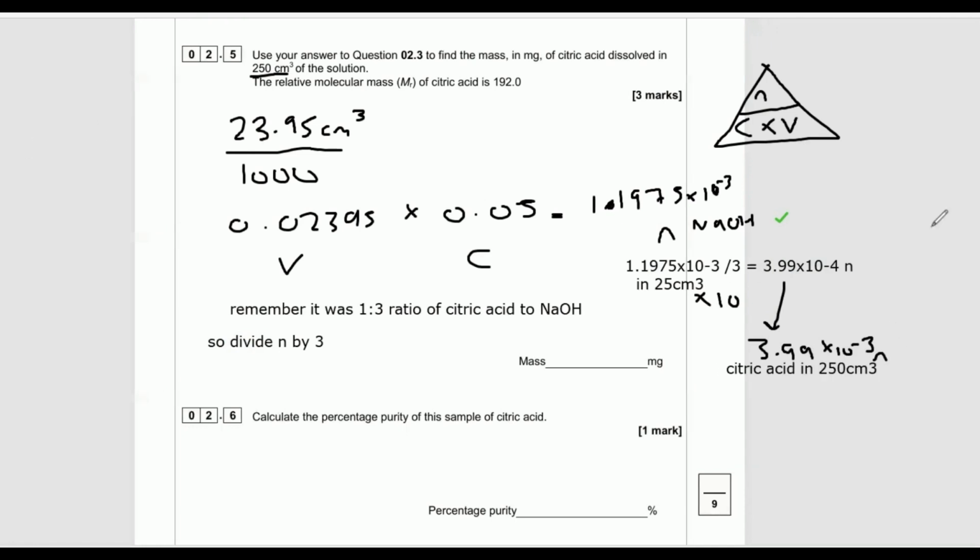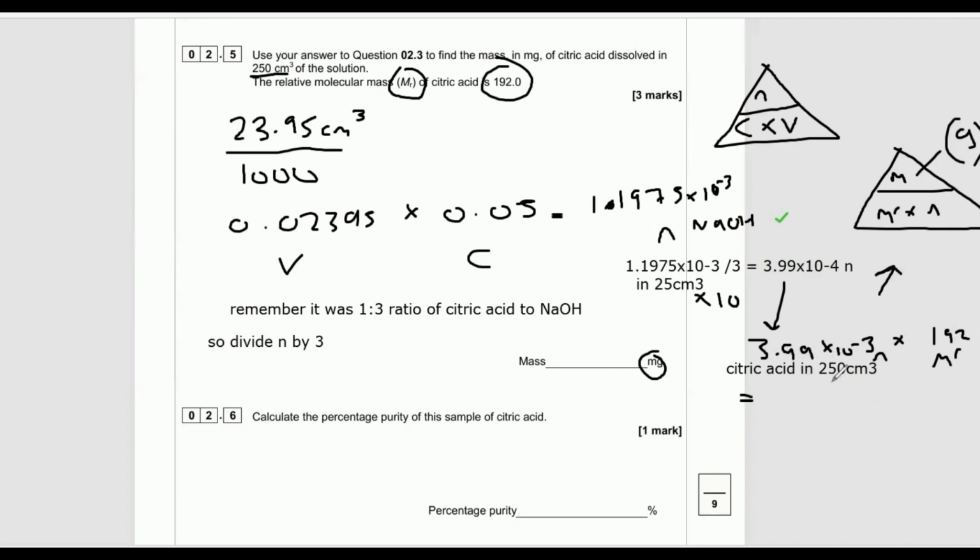I need to use my other triangle. So what's the other triangle? You know the coup. It's mass over MR times moles. I think they gave us the MR. They did. Look, it's right there. So it's always a clue that you're going to be using that triangle. So now I know the moles. I want to times that by MR, which is 192. And that is going to give me the mass in grams of citric acid, the moles of citric acid in the 250, and I times that by the 192, which is the MR, I'm going to get